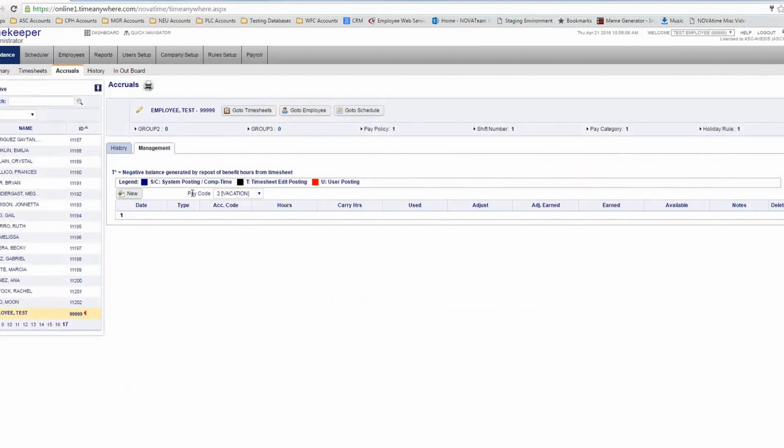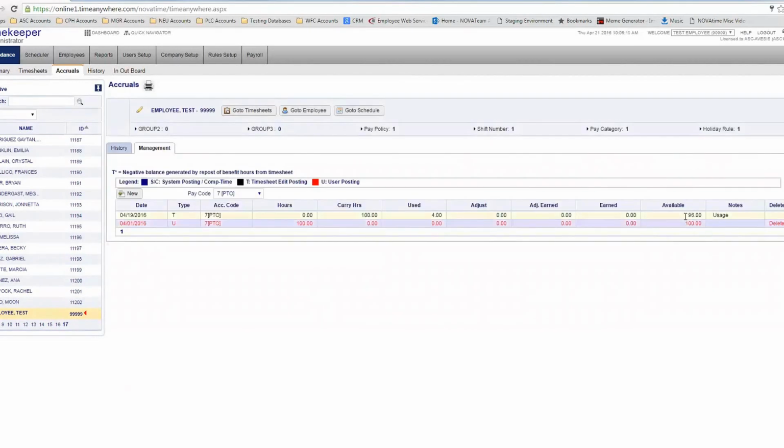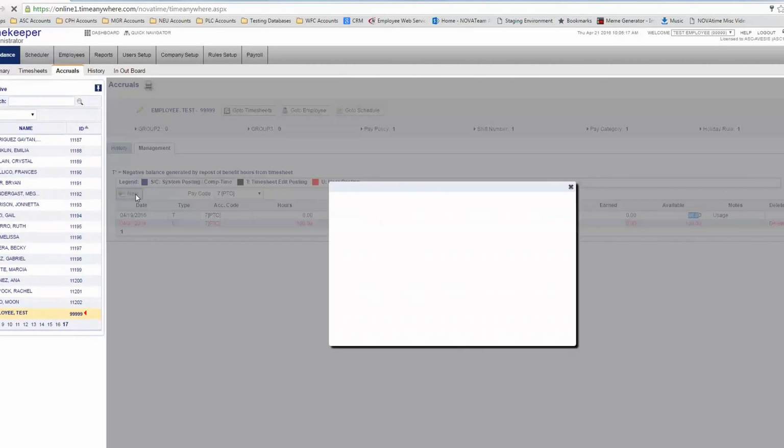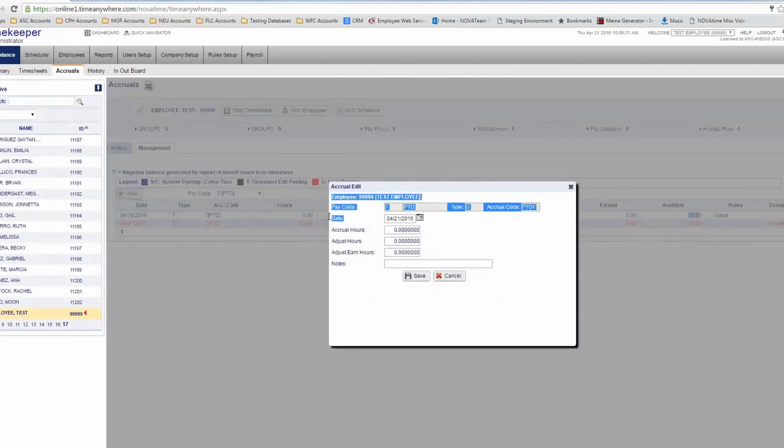So let's go ahead and click. First of all, in order for this to work, make sure you're on the right pay code. So I'm going to pick PTO. As of right now, I have 96 hours. If I want to add to that balance, what I would do is I would click on new. First things first is pick the correct date. As of what date are you adding this balance or putting a negative balance on? So I'm going to put as of